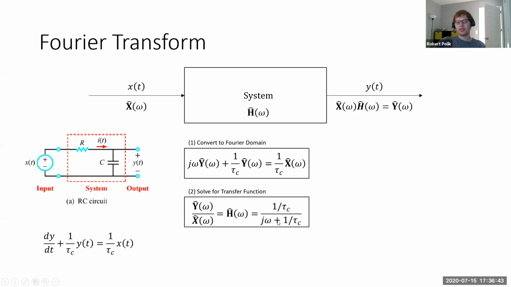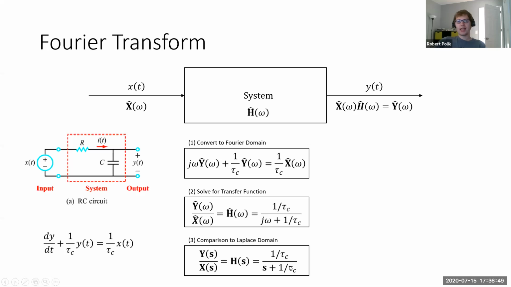So this is the frequency plus 1 over tau_c. And so if you're thinking, this looks a little familiar, you're right, because it is. It is the same thing as the Laplace transform. You just put j omega, j being the way that electrical engineers write i, because i is current for electrical engineers, but this being the imaginary number. You just sub in j omega for s, and that's what your transfer function is.